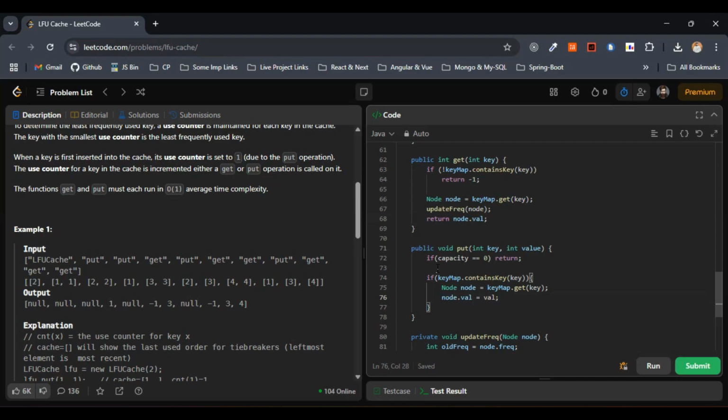This is fine. The next step, we have to update its frequency and the reposition, same as the get method. So I'll go with updateFrequency of node, same as get method. Else, if it doesn't contain the key, then what we need to do? Let's write a simple if condition here: if keyMap.size equals